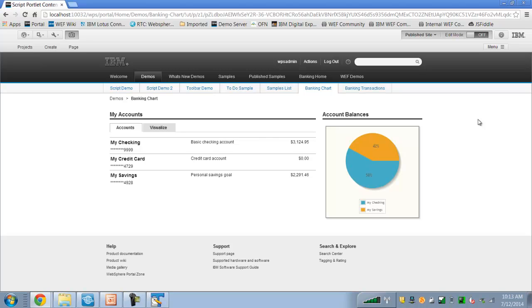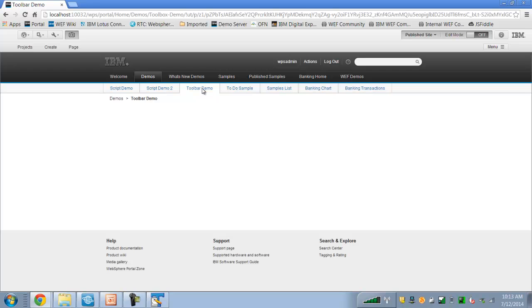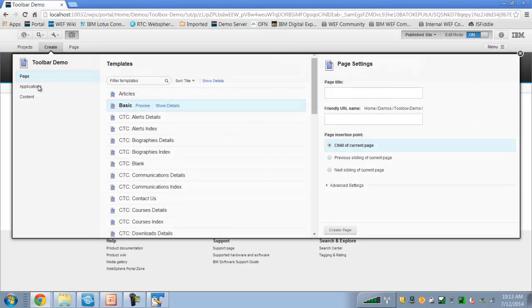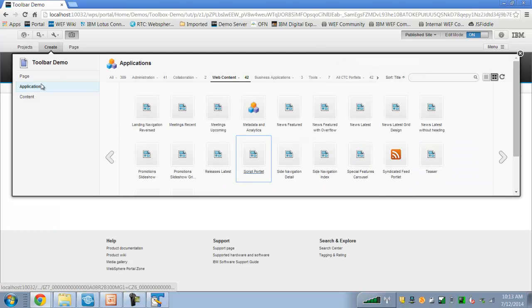Okay, now once you have some Script Portlet applications, one of the things you can do is you can enable your page editors and your business users to drag them onto a page from the toolbar. So let's look at an example of that. Again, here I have an empty page. I'll put the page into edit mode, click create,